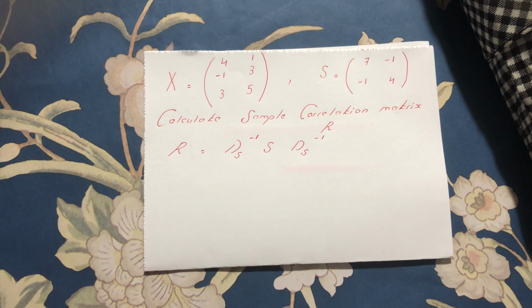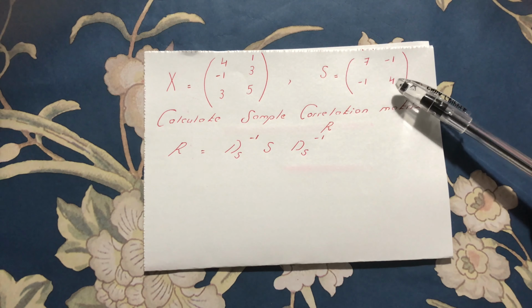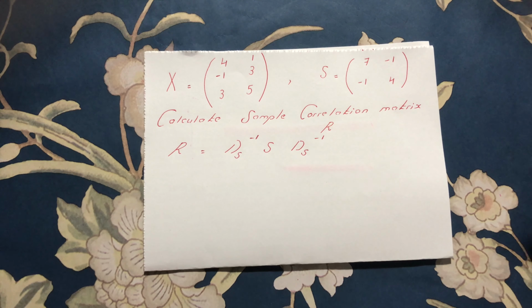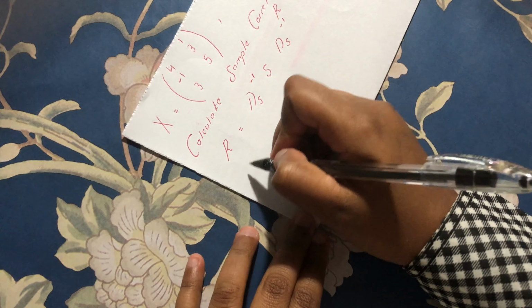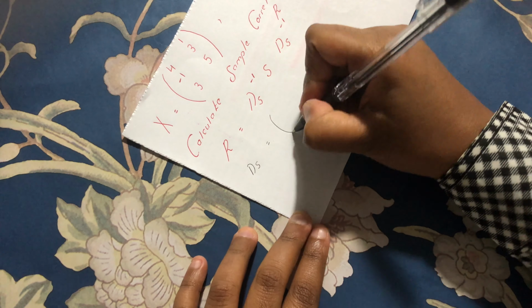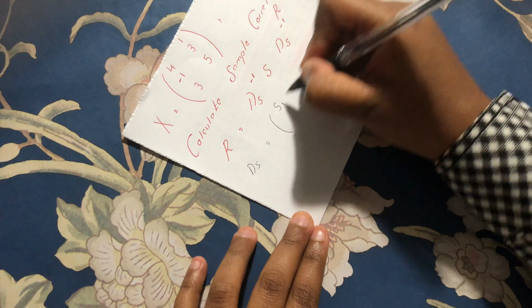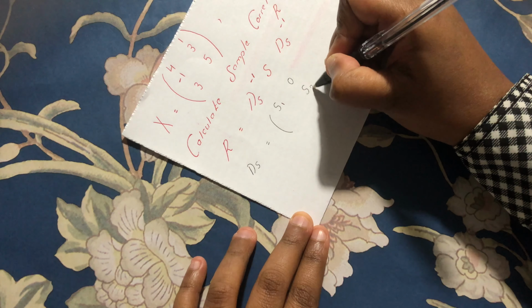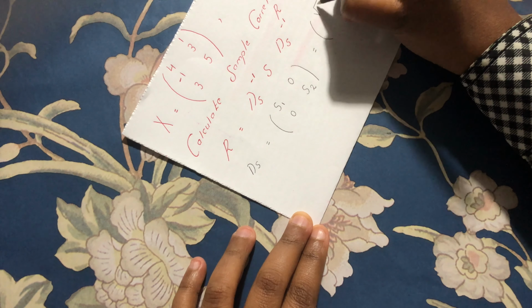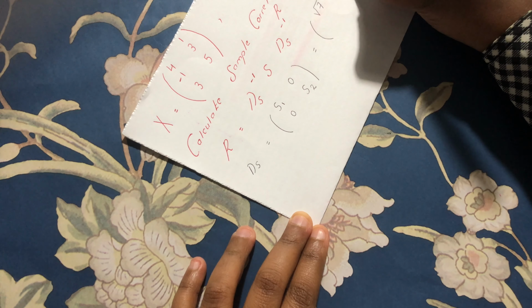We're going to find O for matrix X. We have already calculated S in the previous video, which was a 2 by 2 matrix, which is 7, minus 1, minus 1, 4. So from the S, we can find the O. So we know that we can calculate ds by taking the square root of S11 and square root of S22. So we're going to have the square root of 7, square root of 4,